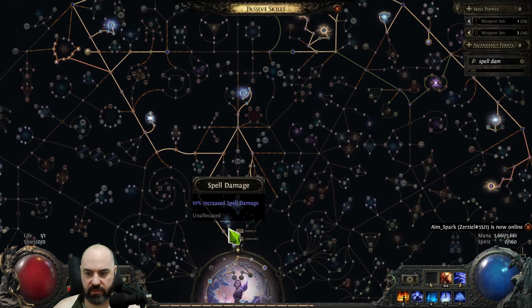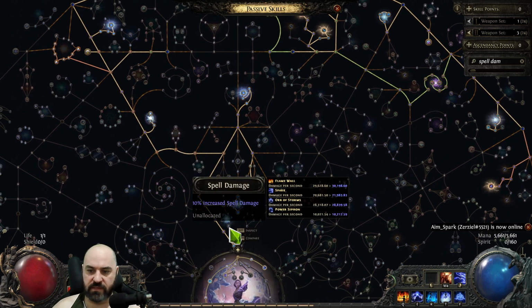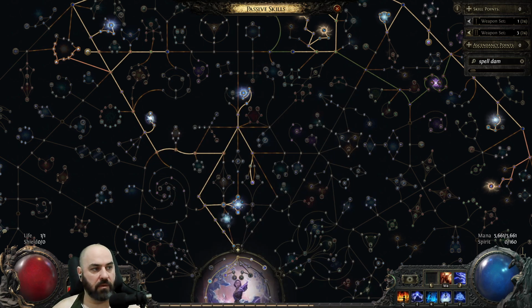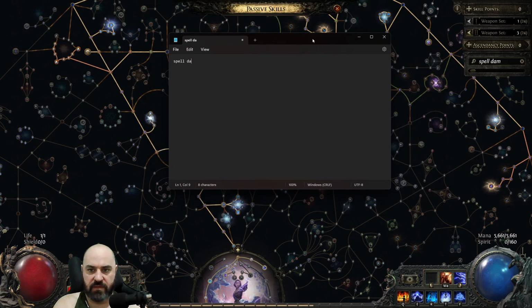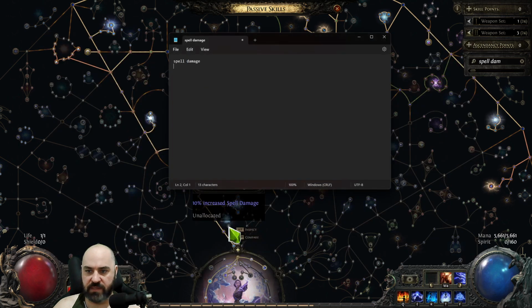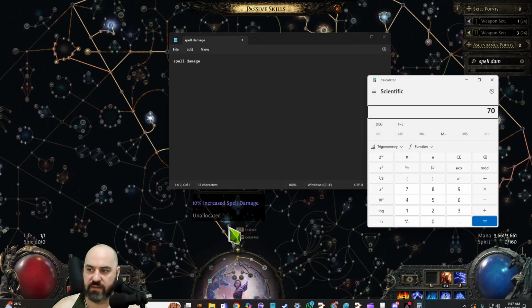Oh, right down here below. All right, so generic spell damage. So the first thing we're going to do is look at this. So Notepad, we'll open Notepad up and we'll go with spell damage. And we're at 7681. That's going to be our baseline all of the time. So 7681